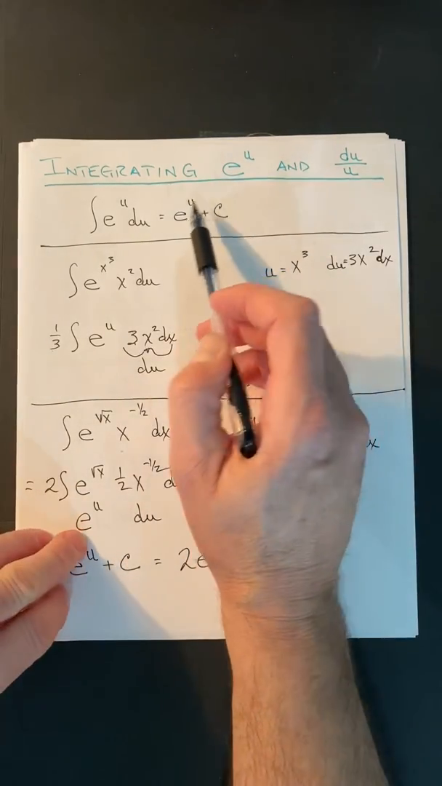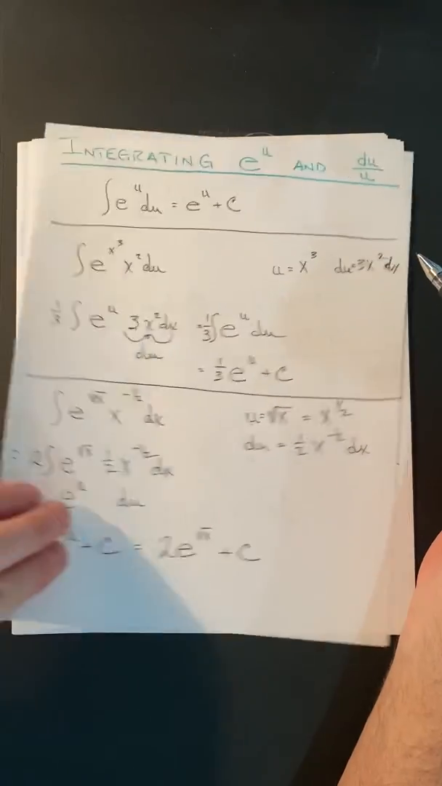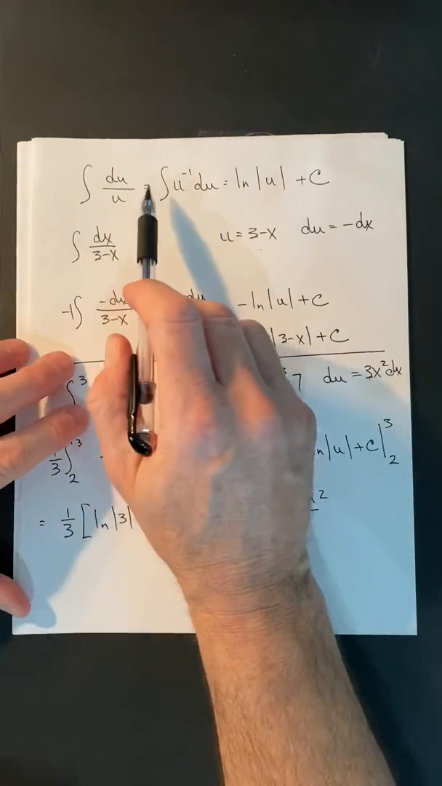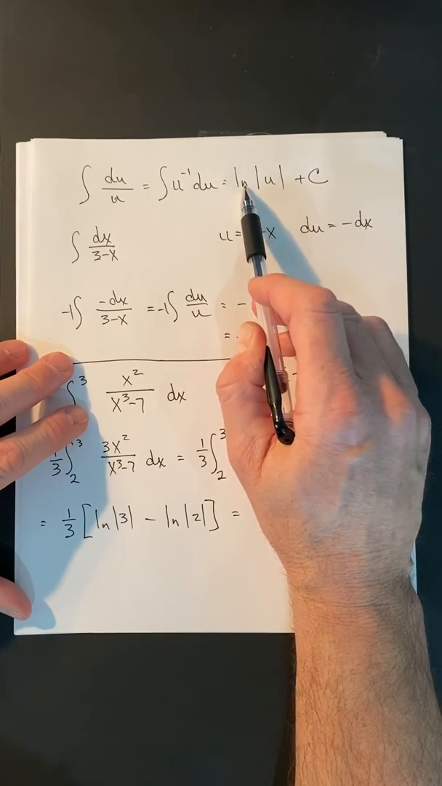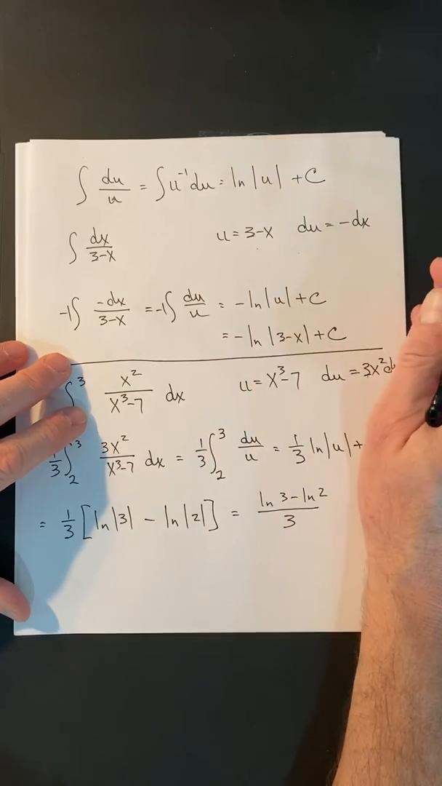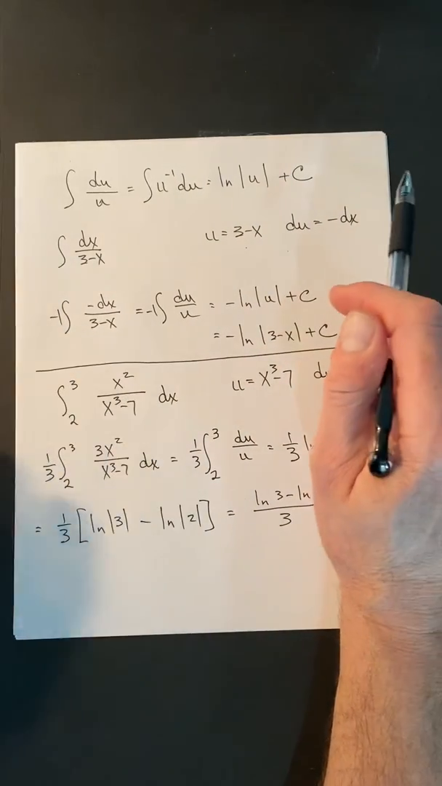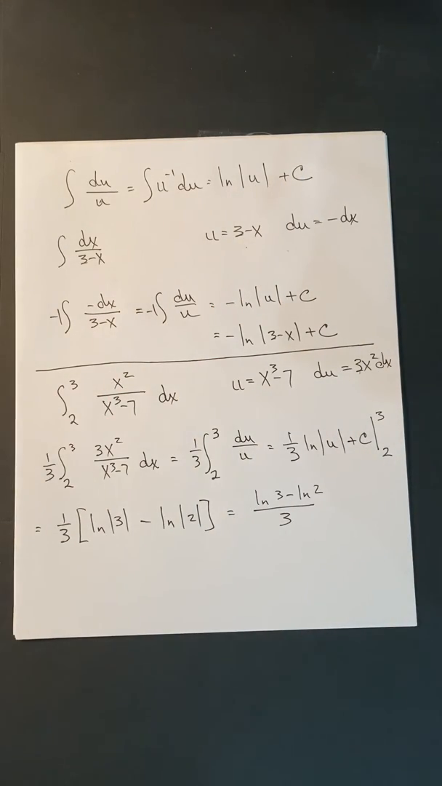So if I'm integrating e to the u du, it's going to be e to the u plus c. And if I'm integrating du over u, my answer is going to be the natural log of u plus some arbitrary constant, okay? So that wraps up the discussion that I wanted to have on